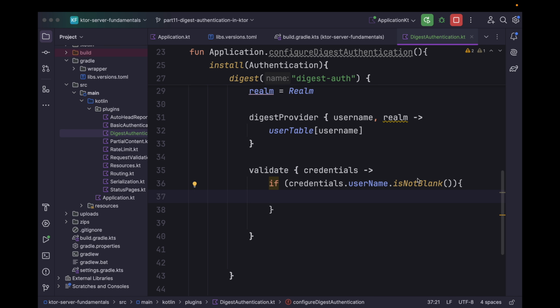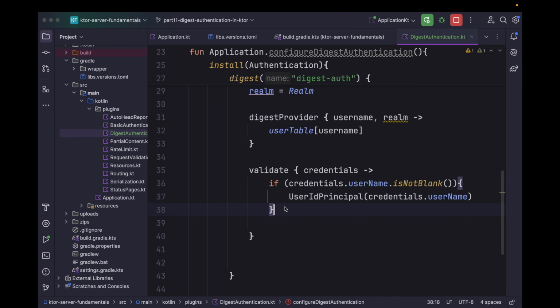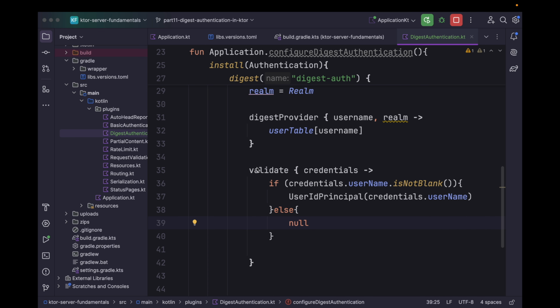We can add a check: if it's not blank, we can simply return UserIdPrincipal with the value of credential.username, else we will simply say null. So if this validate function returns some non-null value, then it will indicate that authentication is successful. Else it will indicate that authentication has failed and it will simply show the 401 status code.